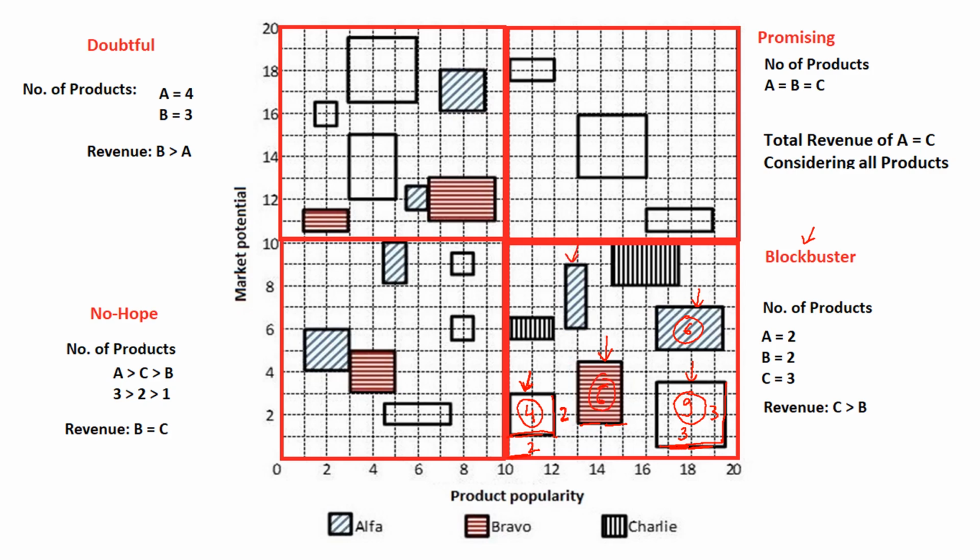Similarly, if we look at this product, it is equivalent to 1 unit and vertically it is 3, and horizontally it is 2, vertically it is 1, that means it is of area 2. And if we consider this black Charlie product, its horizontal is 3 and vertical is 2, that means its area is 6. Similarly, you have to calculate the area of each box in the similar manner for promising, doubtful and no hope category. Okay.